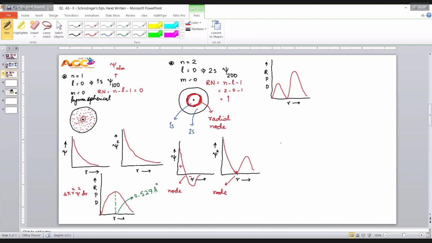Now conceptually, what do you have to remember? As you increase the r value, the peak goes on decreasing. The psi square value goes on decreasing. What is the meaning of that? The probability of finding the electron is decreasing with respect to distance. But here the total probability is increasing with respect to distance. Sir, what is this? Confusion. Right? Simple. Very simple. If you understand the concept, you can enjoy that one.